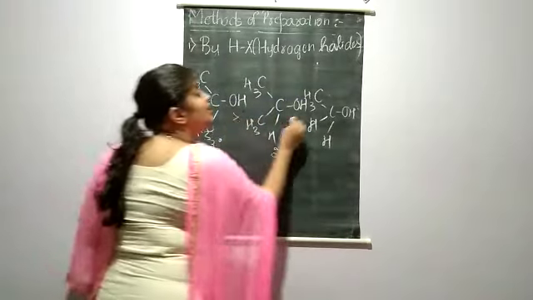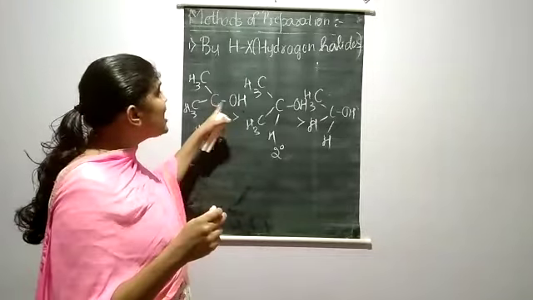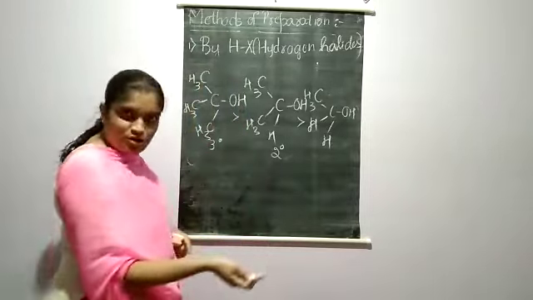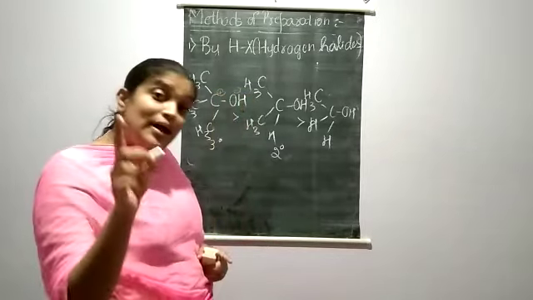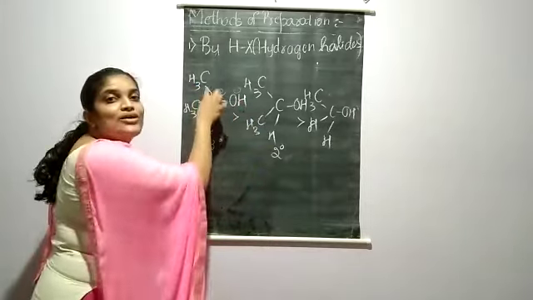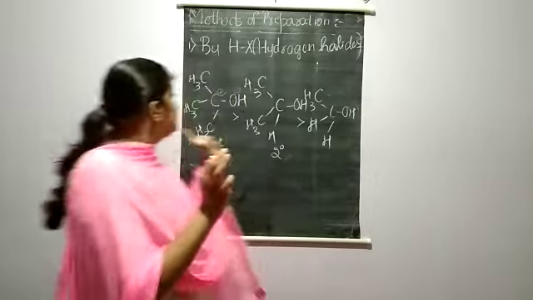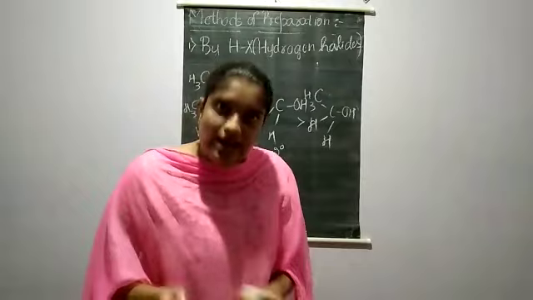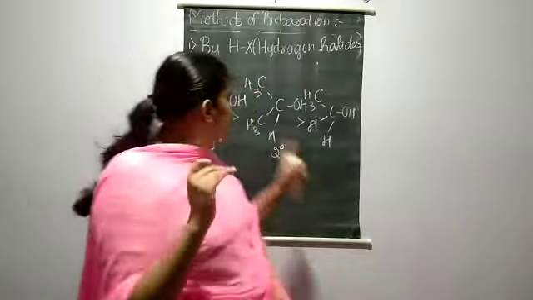Now why is the reactivity in such a way? That you should know, students. If you see carbon and oxygen in the alcoholic group, you know that oxygen is more electronegative. So the electrons will move towards oxygen, so oxygen will get a negative charge and carbon will get a positive charge. After it gets a positive charge, it forms a carbocation, for example a tertiary carbocation. And you know in carbocations which is more stable? Tertiary carbocation is more stable when compared to secondary, and then comes primary. I hope you understood the difference between the order of rate of reaction among the reagents and the substrate group.